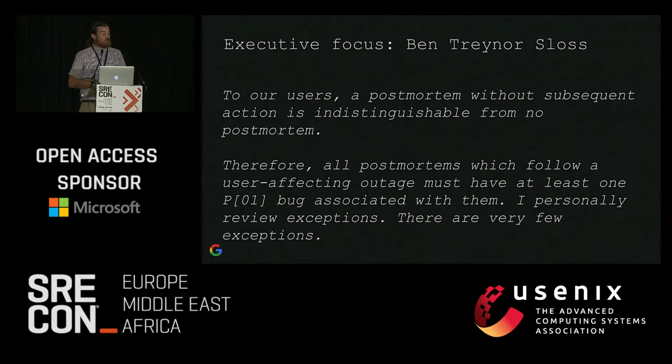So I mentioned that we're still learning in Google, and myself, in terms of how we do postmortems and action items. And it was actually one of my previous teams that led to this policy of P0 and P1 bugs. So we had a medium-sized incident, and we wrote up a good postmortem, did a lot of analysis, wrote up pretty decent action items, and they were a mix of nice-to-have things and root cause fixes. We never prioritized them in any way. We just sort of filed them and mostly forgot about them. We fixed a few of the easy ones. And then we had the same incident again, I would say 10 times as large,